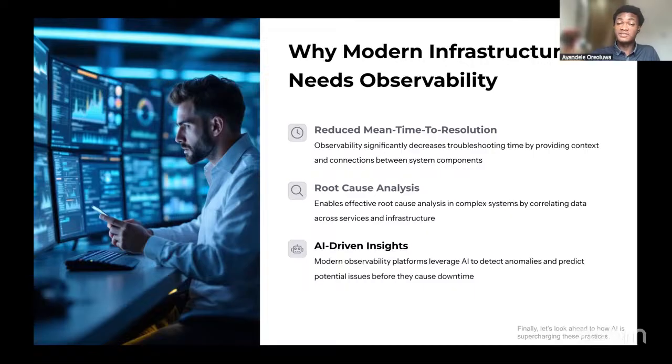You're able to, in minutes, find the root cause. It makes it very effective in complex systems. You are correlating this data, you are correlating the logs, the metrics, and the traces all together in one platform for you across the services and infrastructure. And this platform has actually integrated AI into some of its features, so it can provide AI insight into some of these issues, which we are going to look at now: how AI is supercharging observability in